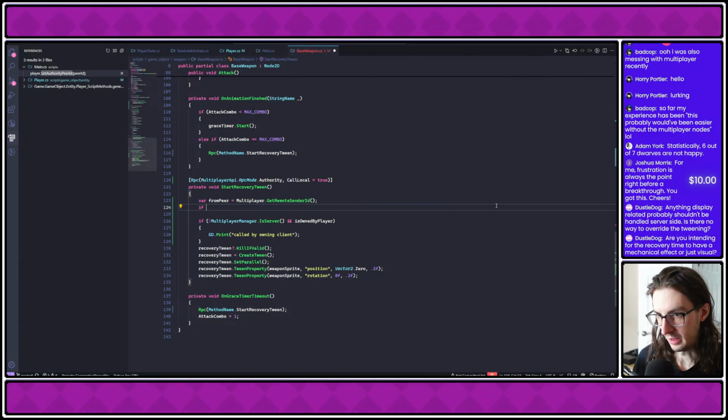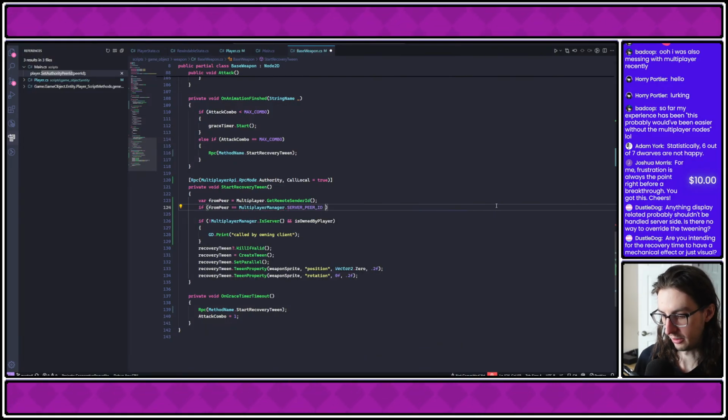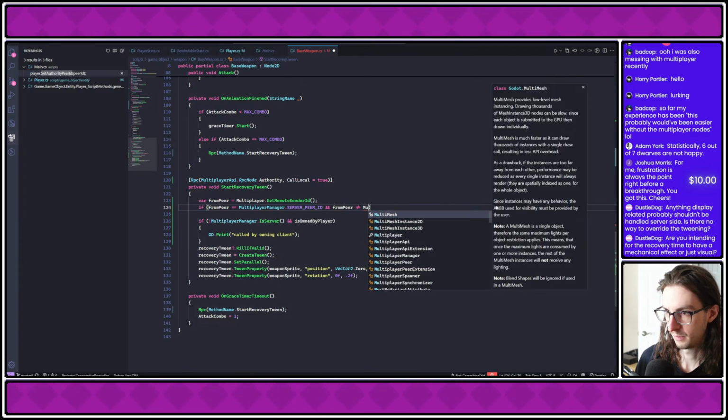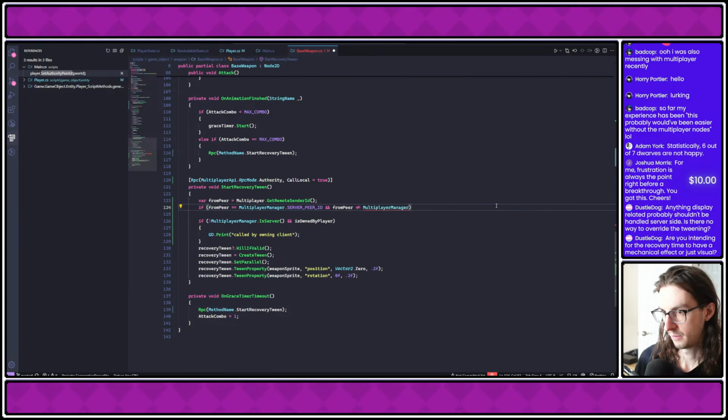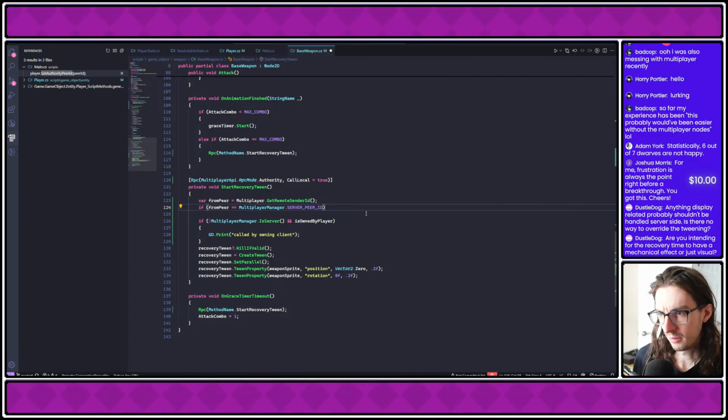If from peer is equal to multiplayer manager server peer ID. And if this is coming from the server,